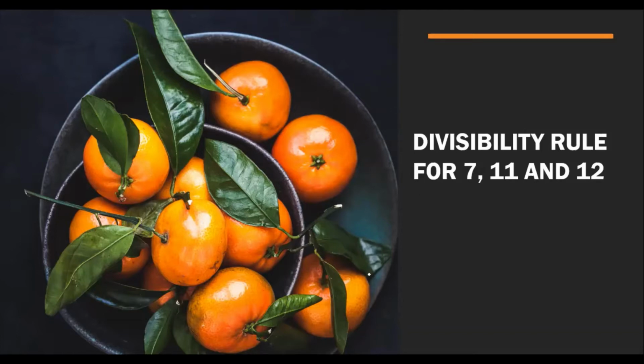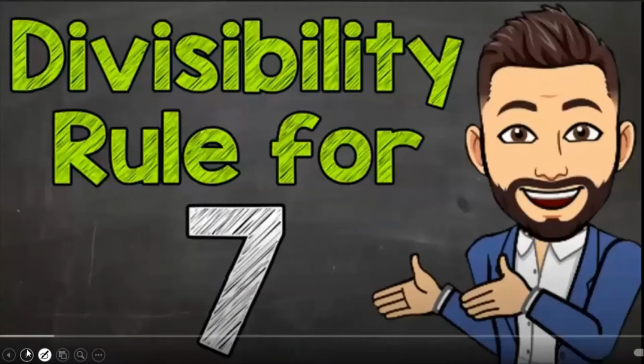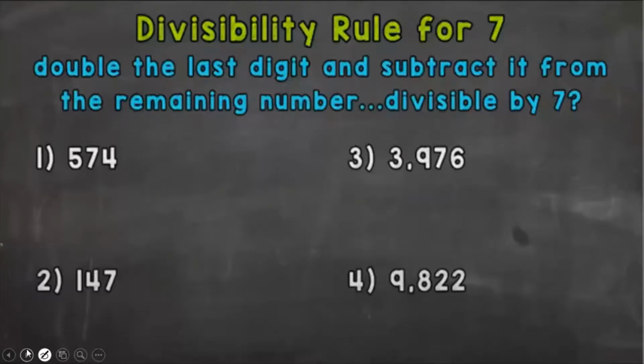So are you now ready, Grade 5? Okay, so let's continue. First, we are going to learn the divisibility rule for number 7. I have here 4 examples, and we will identify whether these 4 examples are divisible